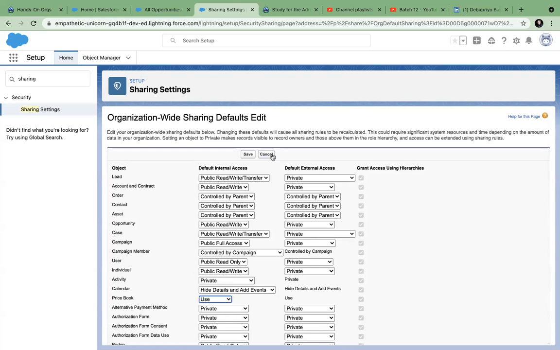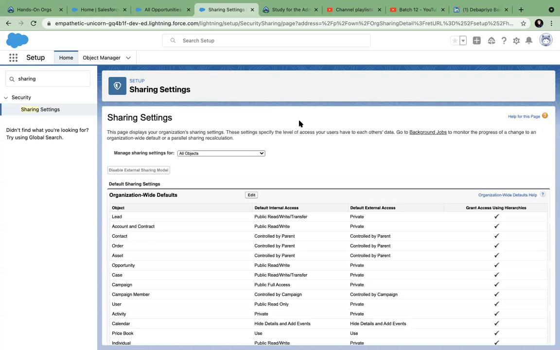So this is the whole setting of the security structure. Animesh, I have one question. In sharing settings, when Salesforce gets installed for a particular company, one system admin is there by default, like in any other COTS product.